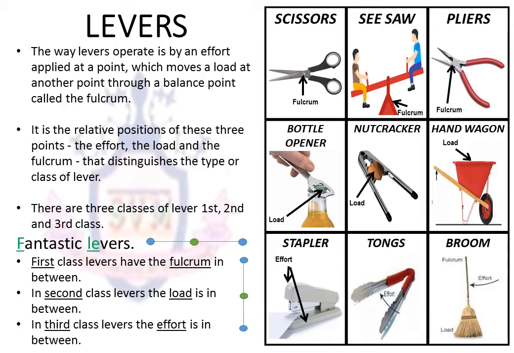Similarly, in the case of a broom, you can't catch the broom from the edge and expect the broom to do the job perfectly. You have to place your hands in between, and as we know that the effort is in the center for the third type, we can simply say that the broom is an example of a third type of lever. Note down several more examples of levers and then use the line and the fantastic lever shortcut to see if you can conclude which is the first, second and third type of lever.